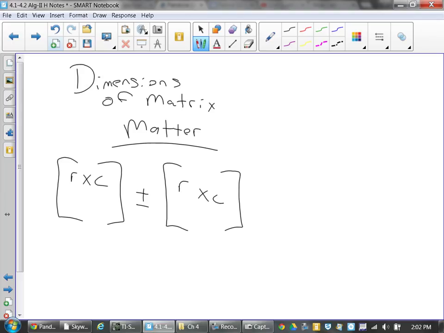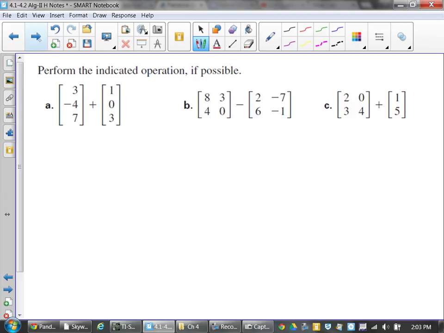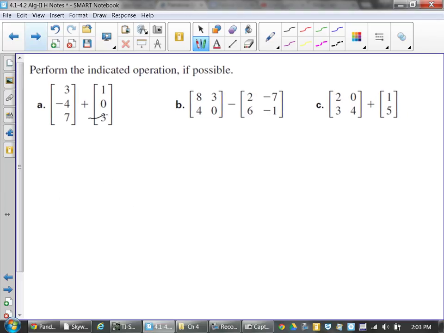Because all you're doing, if the rows and the columns are the same, is matching up the entries within the matrix and adding them or subtracting them. It is ridiculously simple. So just to clarify, if the first one looks like a 2 by 2, the second one would be a 2 by 2. Correct. And if it isn't, it's not going to work. So for example, if I'm looking at this first one,